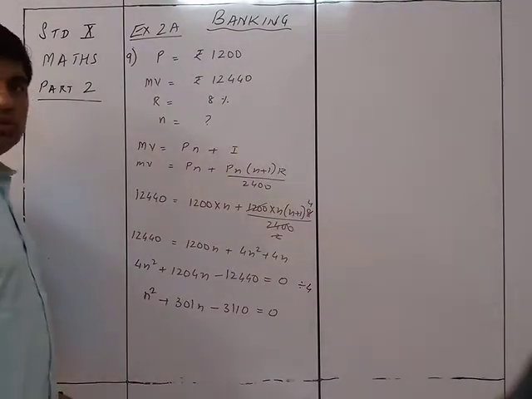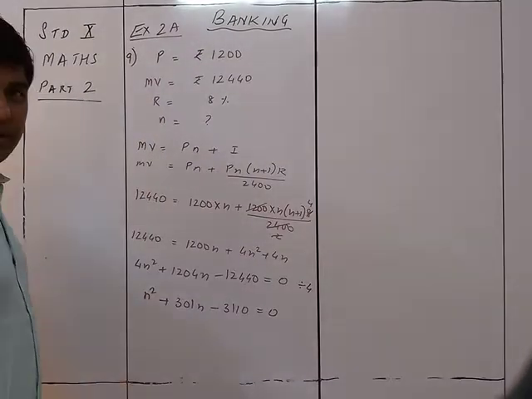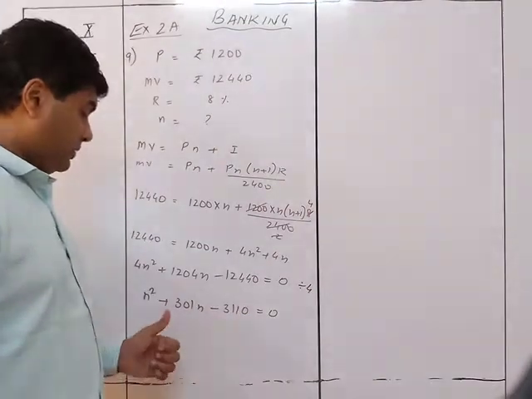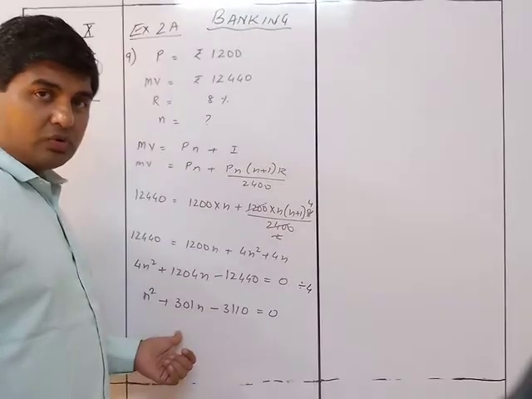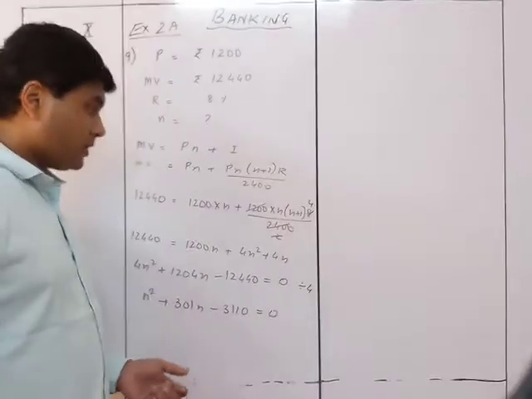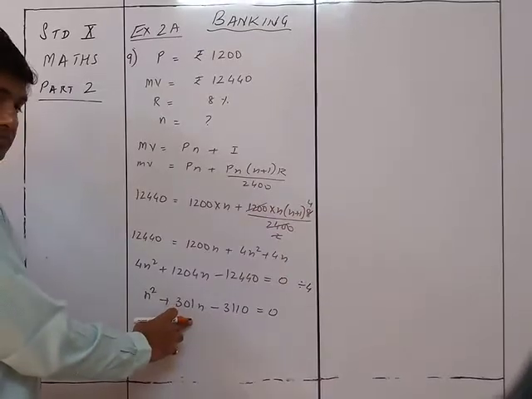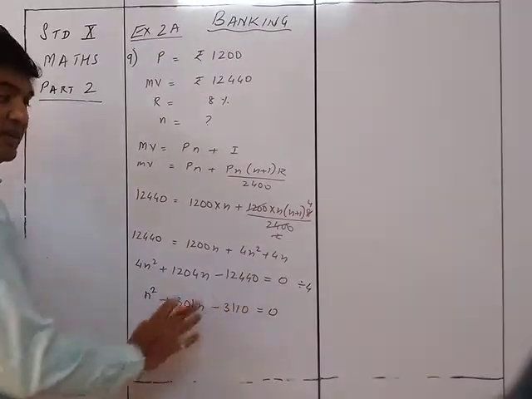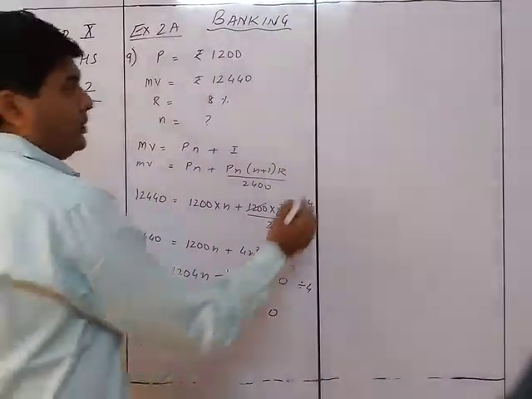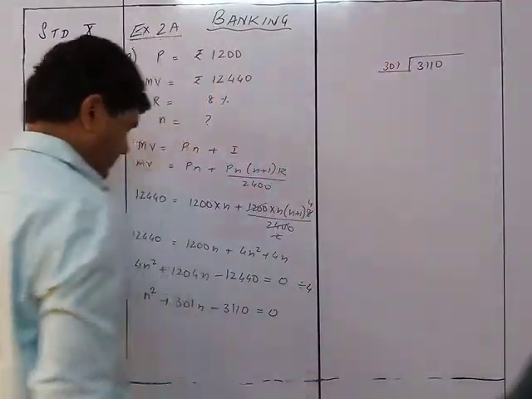Now I am going to show you some trick for how to find out the splitting over here. Okay. So pay attention and be very active over here right now. Pay attention and see what we are going to do over here to this number. So I need to split this into two parts such that the sum is 301 and the multiplication of the two numbers is 3110. So firstly, I'll take an approximate value. So the approximate value I'll divide this. So 3110 I'll divide by 301.